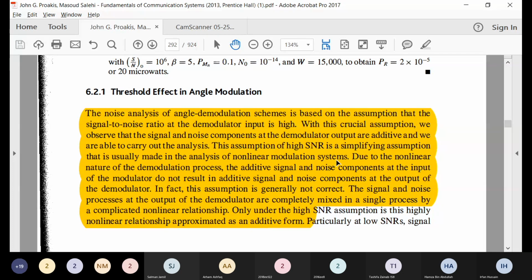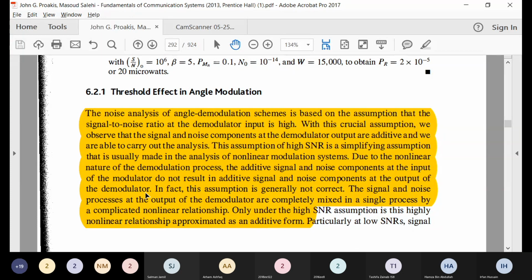But because of the non-linear nature of the demodulation process, the additive signal and noise components, we know the signal and noise is actually adding at the input of the